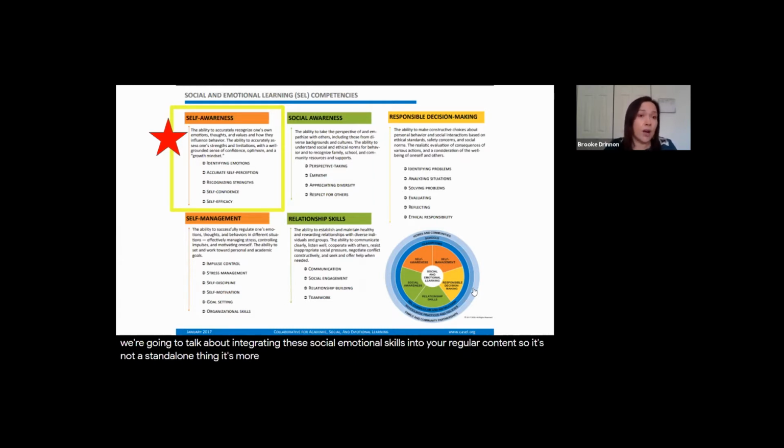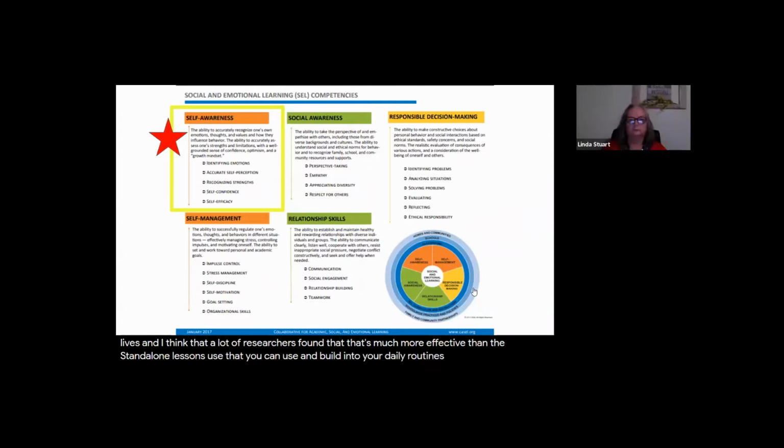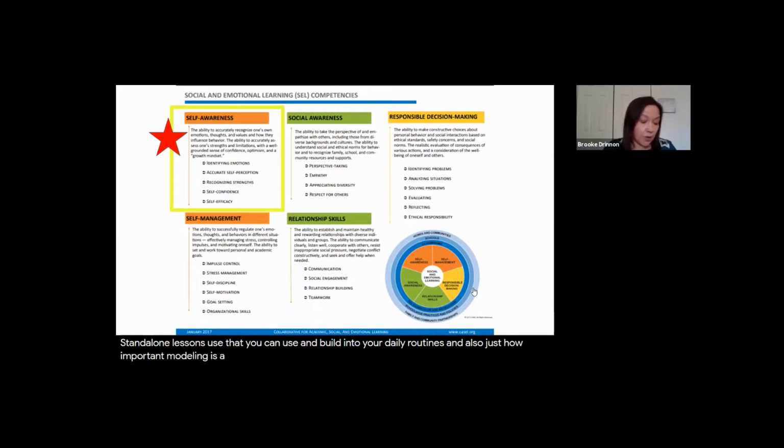It's more of a way to help students integrate that into their day-to-day lives. And I think that a lot of research has found that that's much more effective than the standalone lessons. So we're going to talk about some strategies that you can use and build into your daily routines, and also just how important modeling is, especially for your emotional awareness and mindfulness, just being aware of that as we work with students.